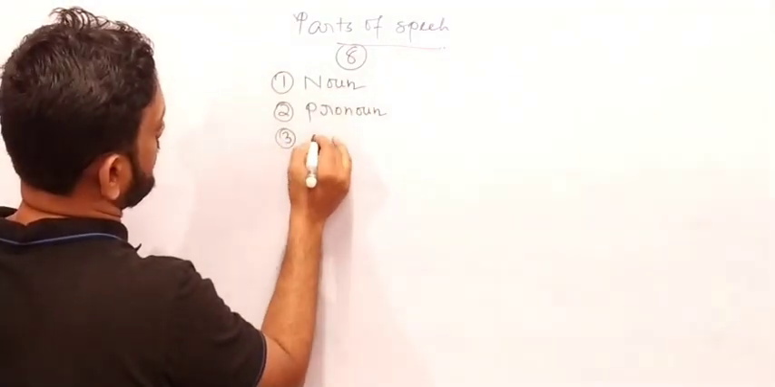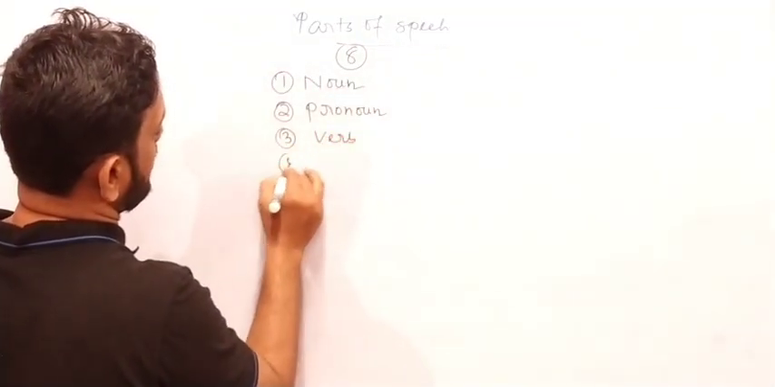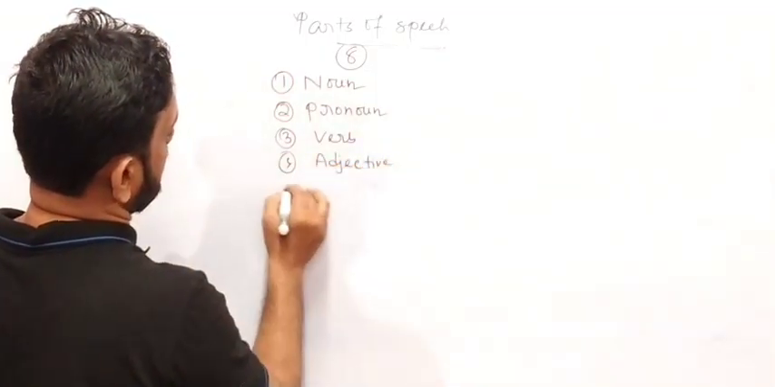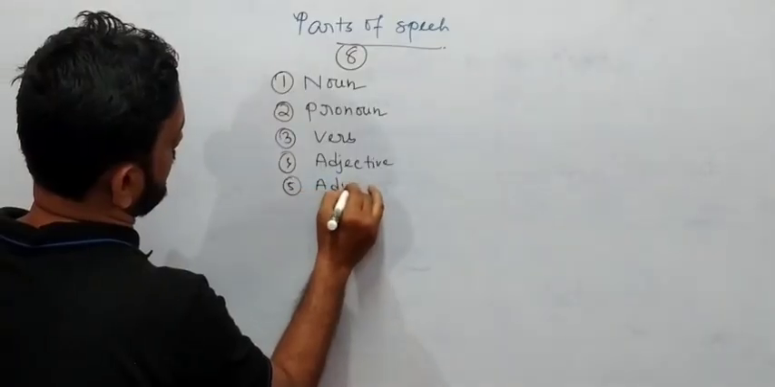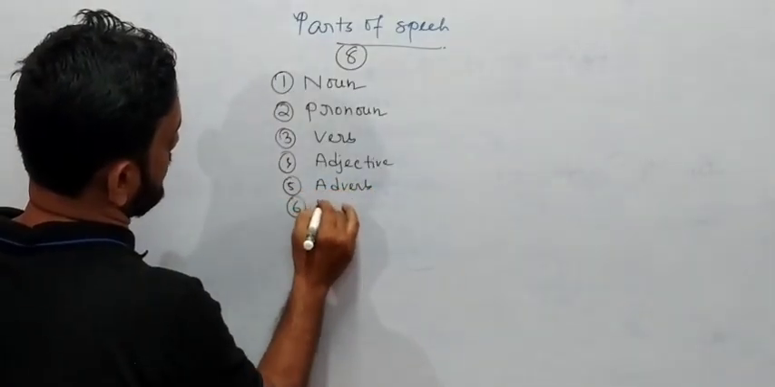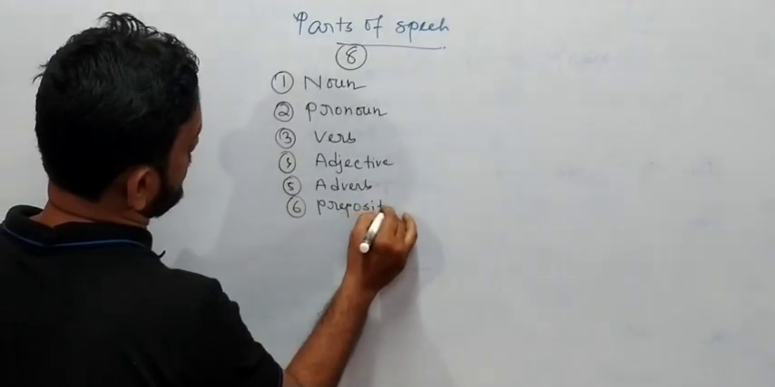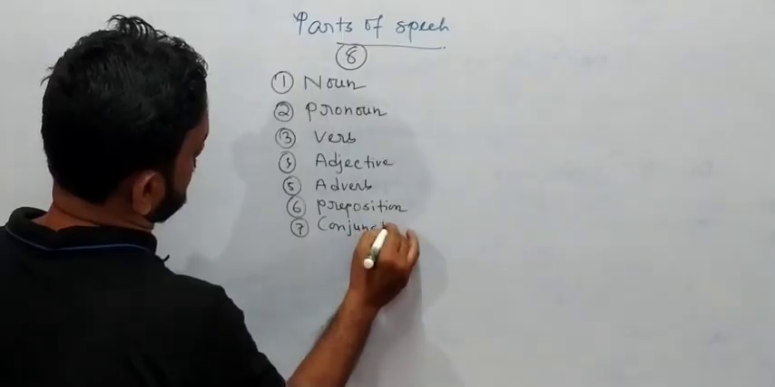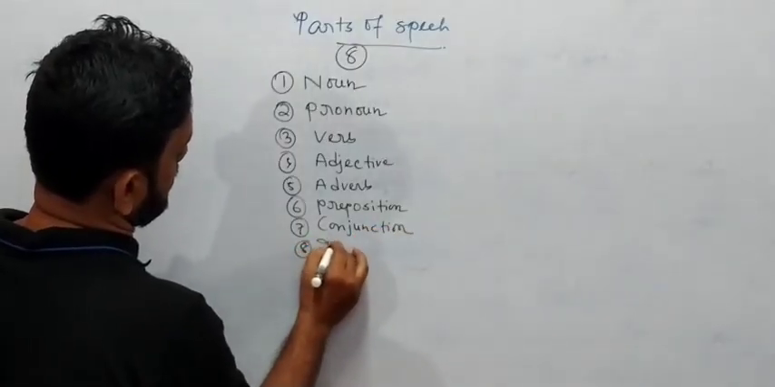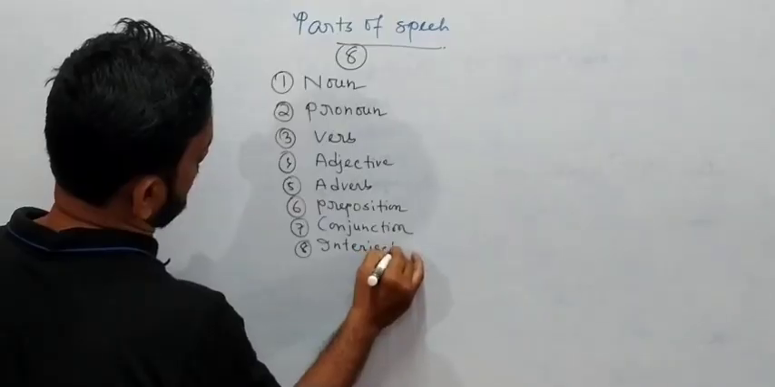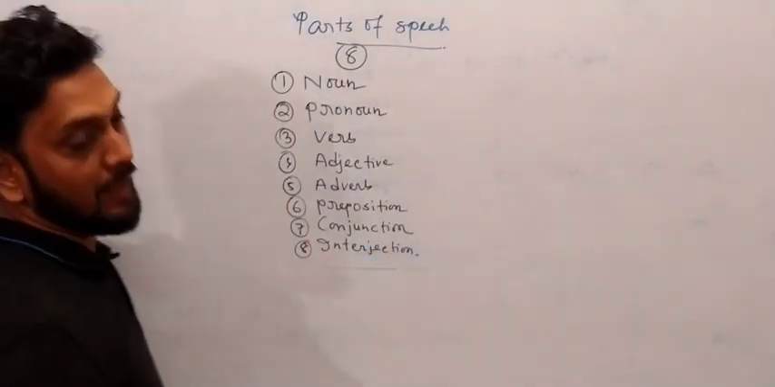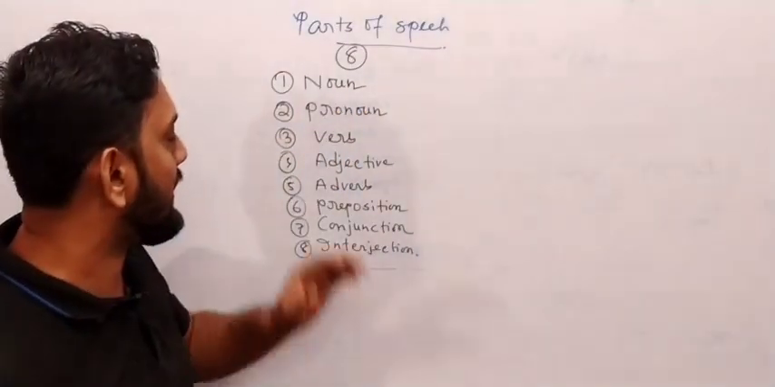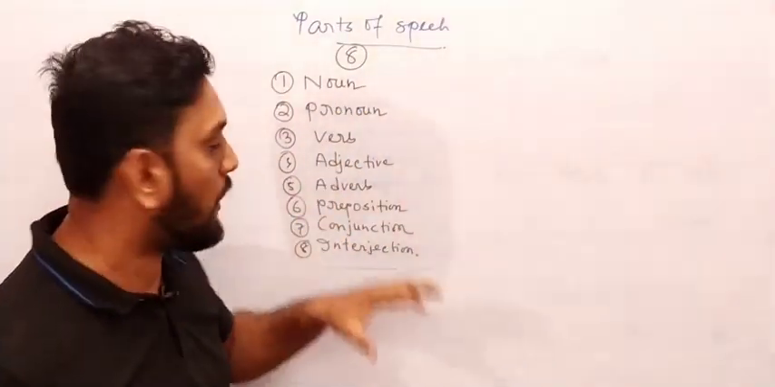Third one is verb. Fourth one is adjective. Fifth one is adverb. Sixth, preposition. Seventh is conjunction. Number 8, interjection. Got it? So there are how many parts of speech? 8 parts of speech. Okay, so we need to study in detail, go deeply and go all in on all the